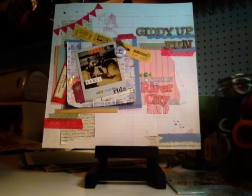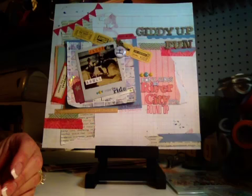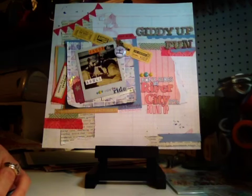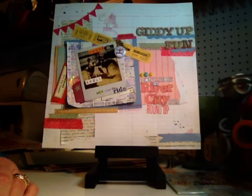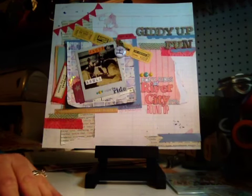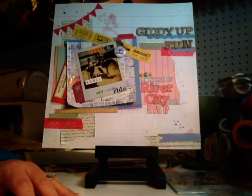The other challenge that I did, if you've watched my videos before, you know that I have a lot of pictures, and a lot of them are older pictures and my parents' pictures and stuff like that. I tend to box myself into only scrapbooking certain pictures, especially more recent ones, and then very specific older ones that I pick for holidays and things like that. So part of my challenge to myself last night was just to not overthink the actual picture. I just want to grab something and put it to paper, and that's what I did. I just got into my huge stack of stuff and grabbed one of the pictures right off the top, and then